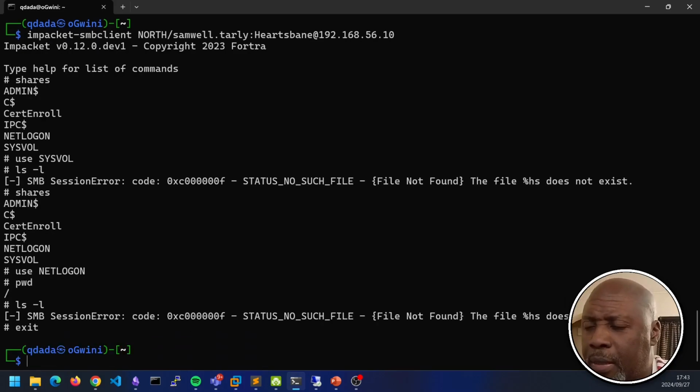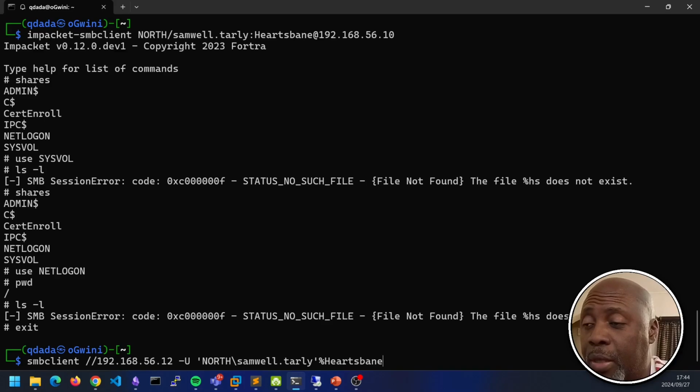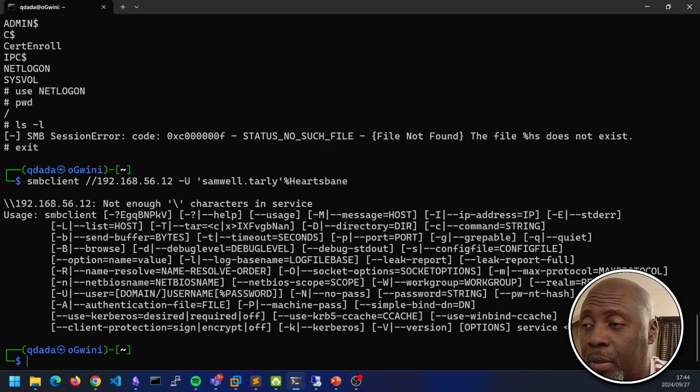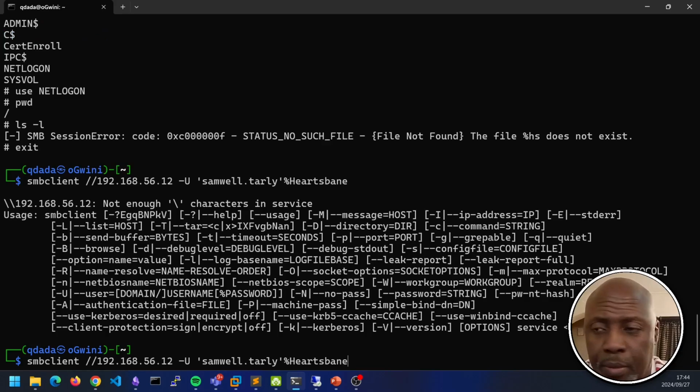And I think the other domain controller that wouldn't let us in, I believe, was 12. Let's try that. 12. But now we're going to try and log on without the domain information. I've done something wrong. Let's try that again. Oh, yes, I didn't specify which share. So now I'm just saying, just list what shares are available.